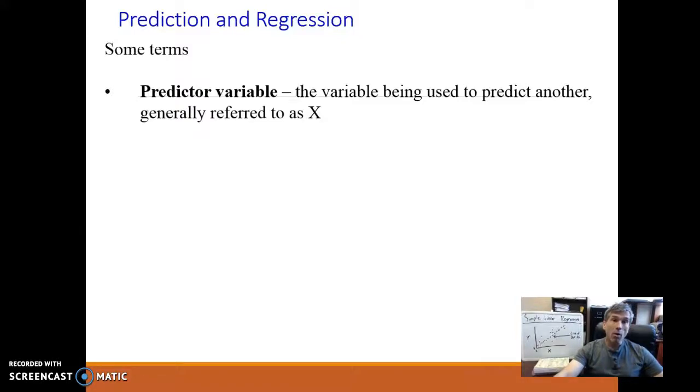First, when we talk about regression, we generally are talking about things in terms of predictor and criterion variables. So the predictor variable is the one that you expect to know, and you're going to use it to predict scores on the other variable. This is usually set as our x variable. So we might call our x